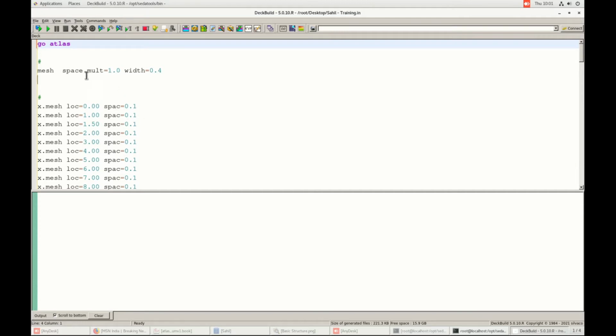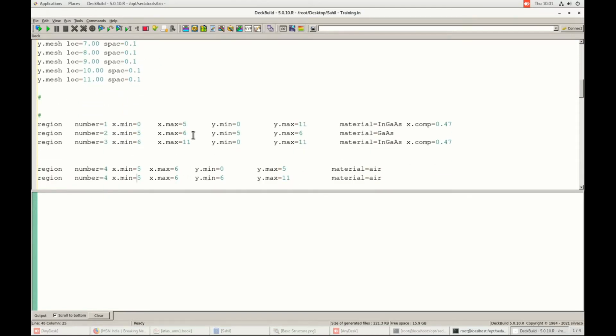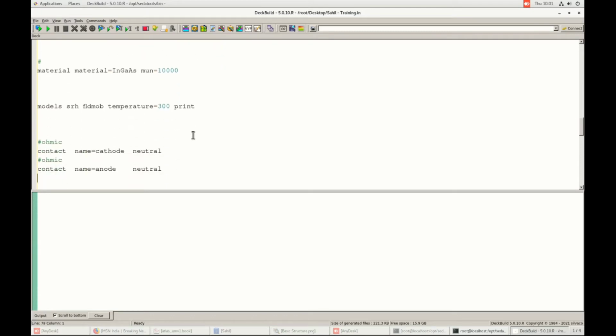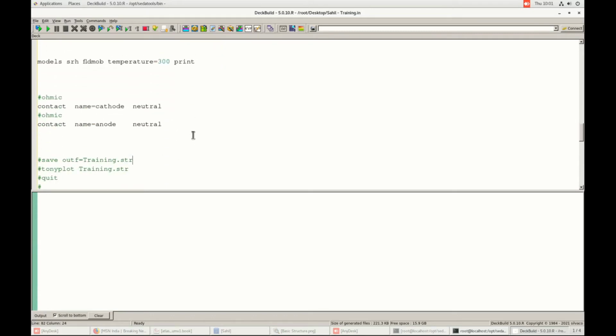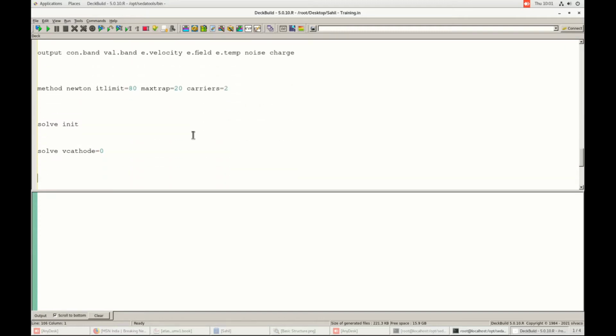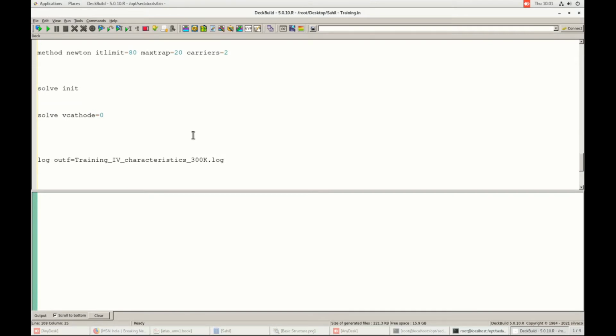This is the main file from which we will be creating the .str and .log files. The .str file is the structure file. You can see here, this is a structure file. It comprises information about the structure, how the structure of the device will look. And the log file, you can see it here, like .log. This file comprises all the electrical information and calculated parameters after simulation.